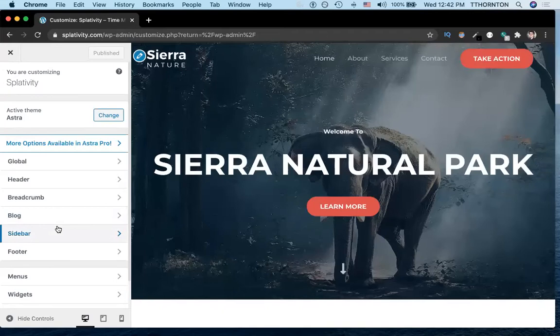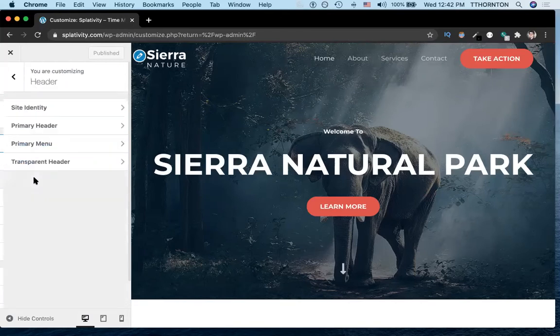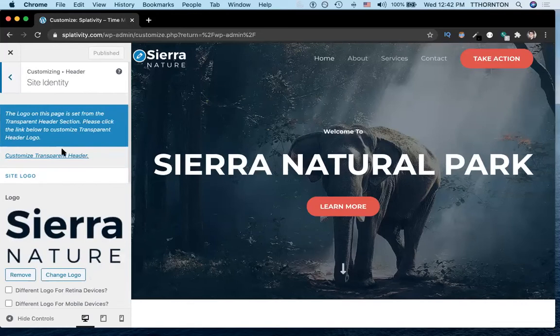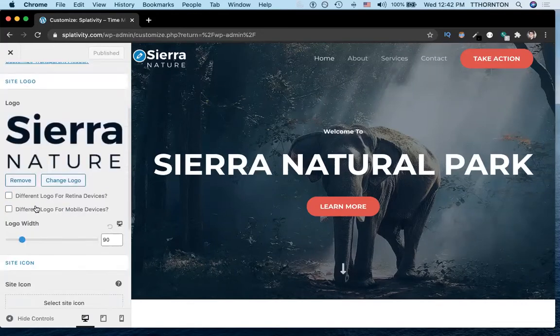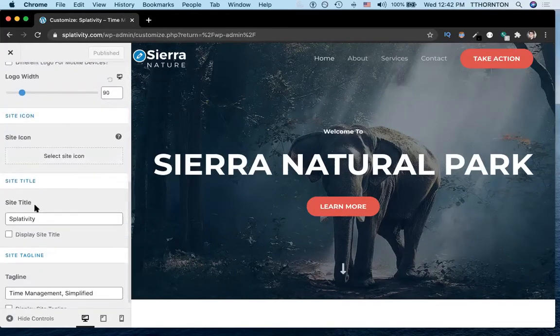Next, we're going to come to a menu that looks something like this, and we're going to, I believe, go to the section that says Header. Click on Header, and we're going to go to the first option, which is Site Identity. Now, if you scroll down, you can change your logo. What we want to do is first address the